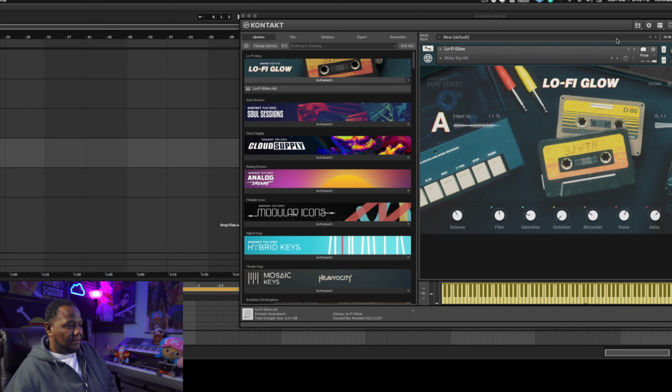Lo-Fi Glow's hit or miss, we all know that. But yeah, man, this thing is pretty dope. I kind of like everything about it. I can't really